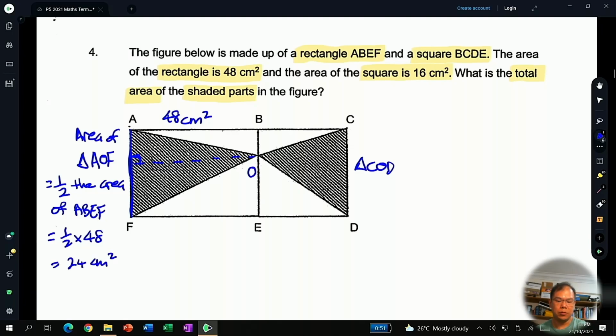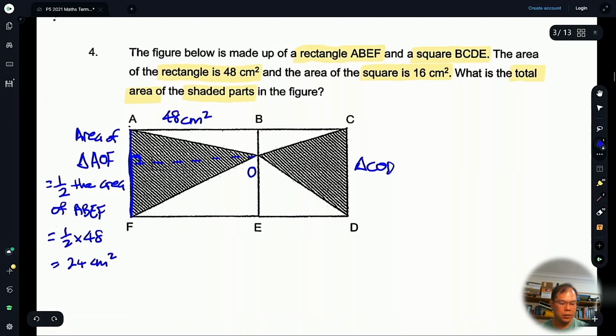Okay, so we have gotten one of the shaded areas. So now let's look at triangle COD. Now if you caught how I got the area of triangle AOF, you would have kind of